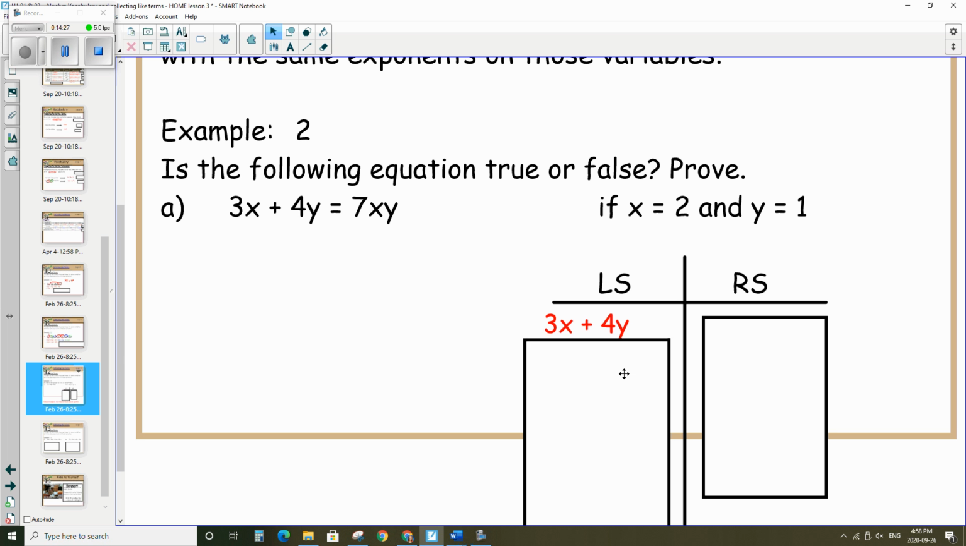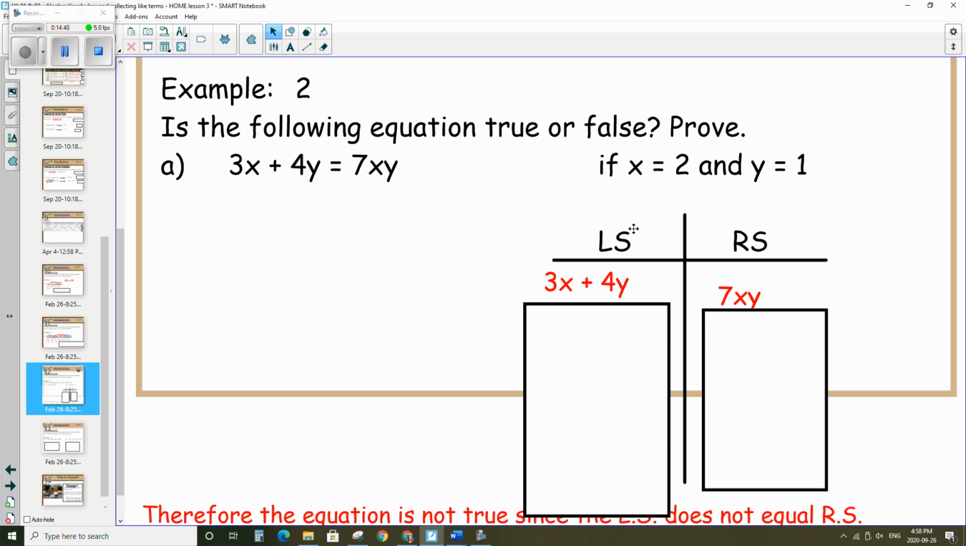So on the left-hand side, this is what I have, right? Left-hand side of the equal sign. LS is short for left side, RS is short for right side of the equal sign. And on the right side, I have 7xy. So you make a little T-chart